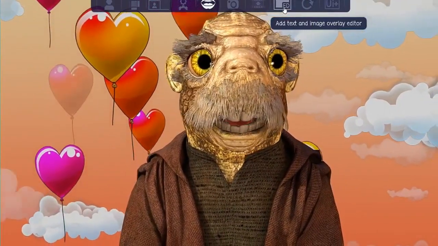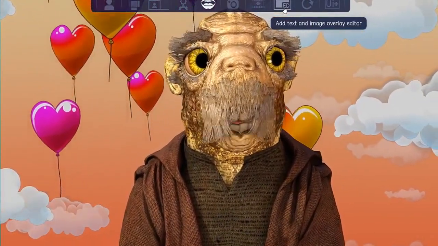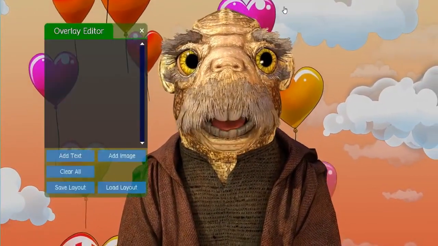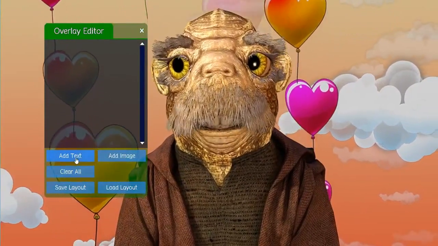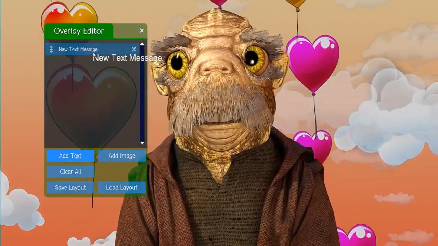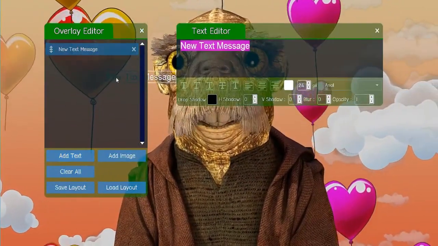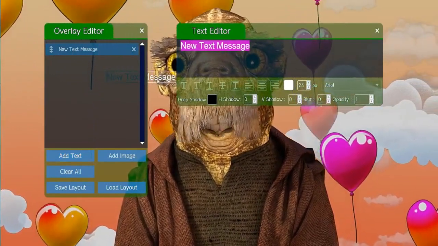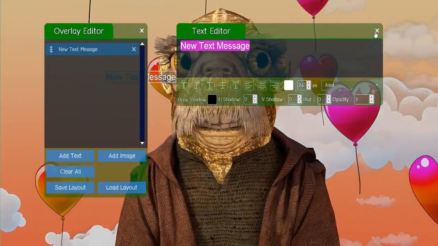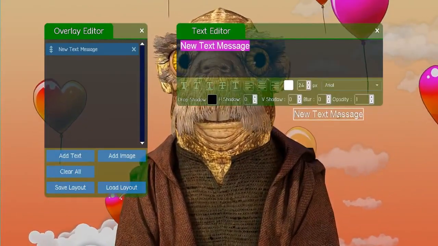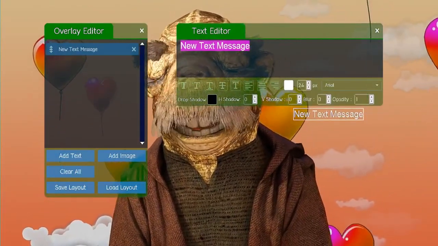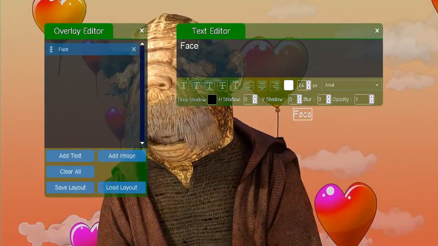Here it says add text and image overlay editor. So you click that and this gets into text overlay, so you can add text. So let's try to add some text. Type here. Oh, so basically it hovers. So let me click the X. This is it here. You can move it. Double click it and then you can type in there. We're gonna call this FaceRig